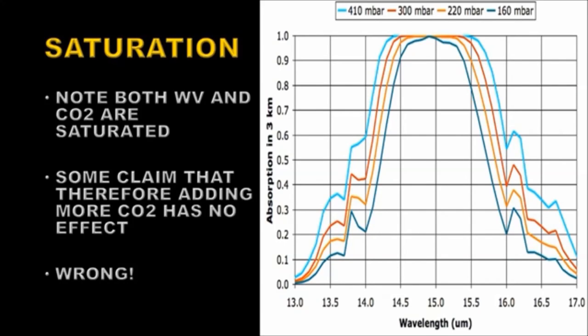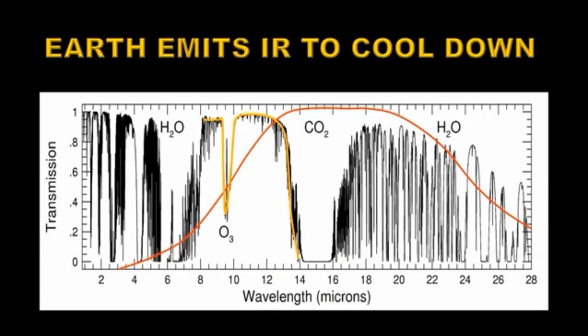Here are four line profiles of the carbon dioxide absorption feature at different concentrations of carbon dioxide. So at low concentrations of carbon dioxide, i.e. high in the atmosphere, that line is not saturated. However, as you add more and more to the amount of carbon dioxide in the atmosphere, the wings of the line are expanding. So what effect does that have? Well, let's take a look.